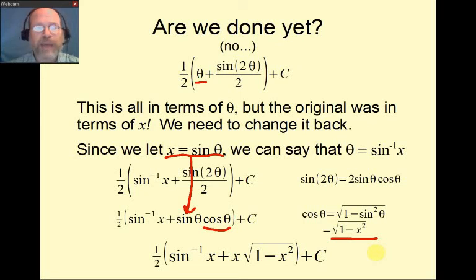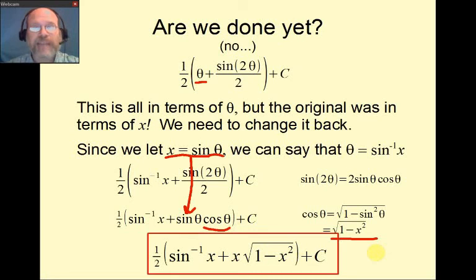It is 1/2 times the quantity inverse sine of x plus x times the square root of 1 minus x squared. Of course, plus a constant at the end that might have been there. And the one thing I need to recommend you do is take a few minutes, and you could pause the video and do it right now if you like, but check this antiderivative, check this integral by taking a derivative,